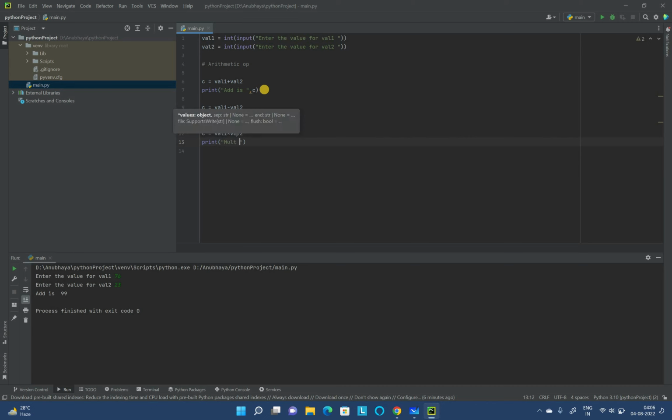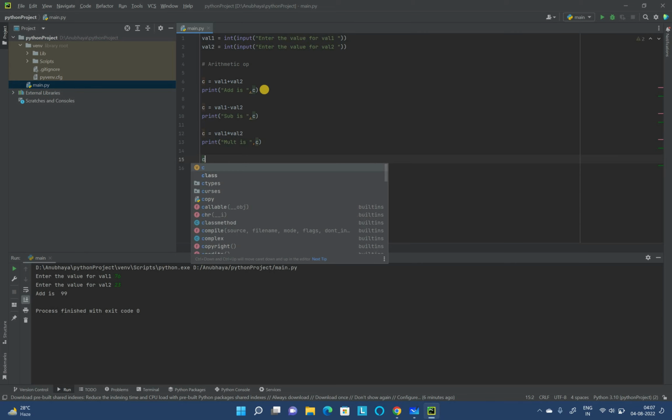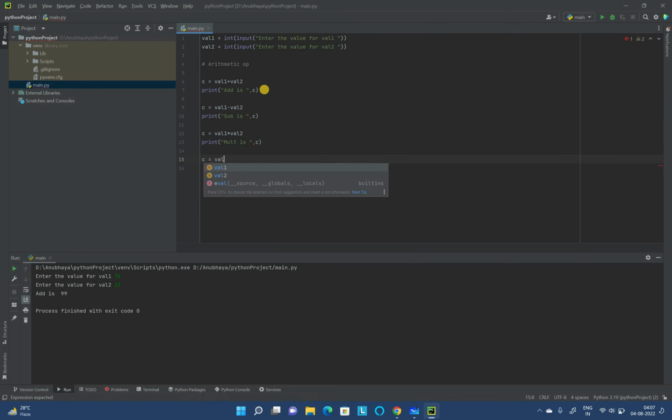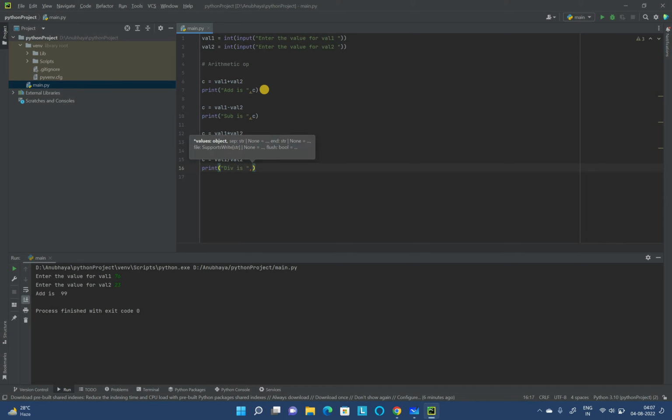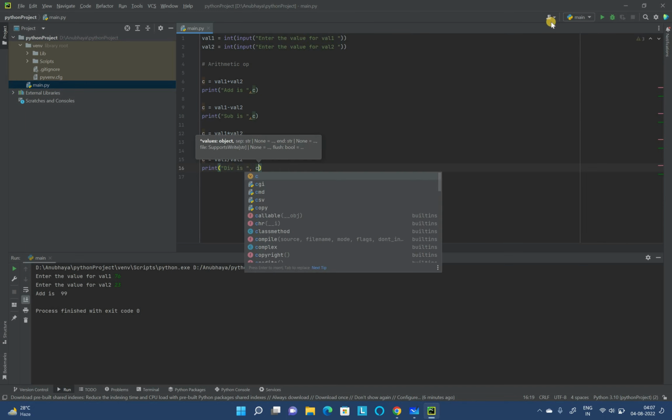Print multiplication is comma c, and last I am going to add val1 divided by val2. So here it will give me print division is comma c,